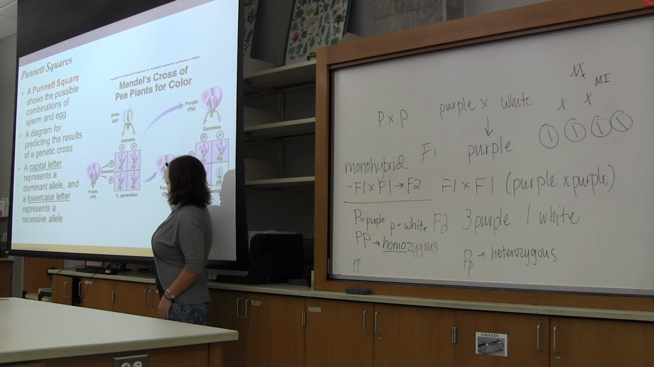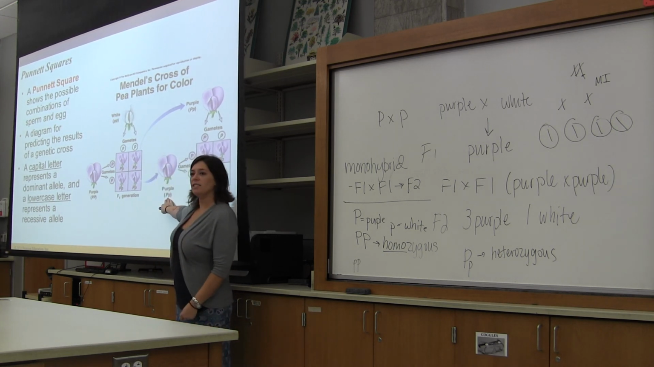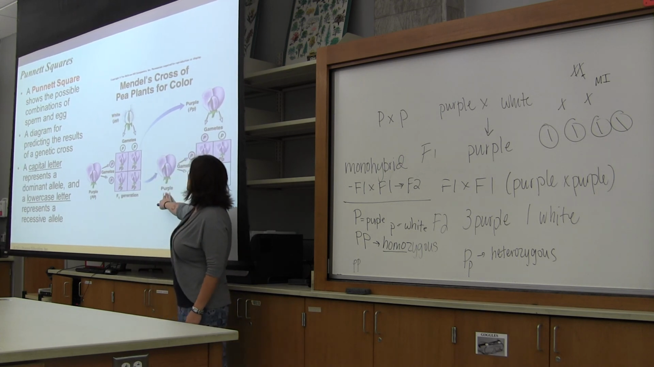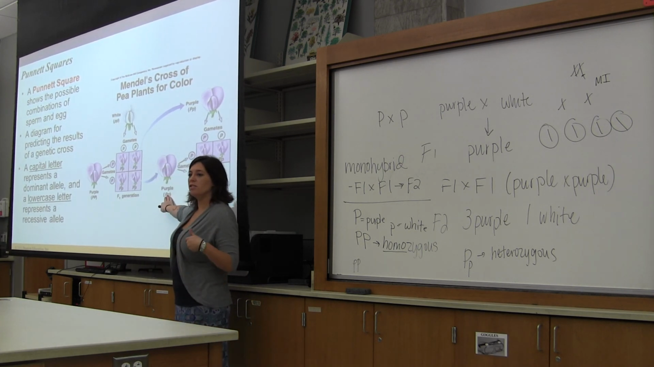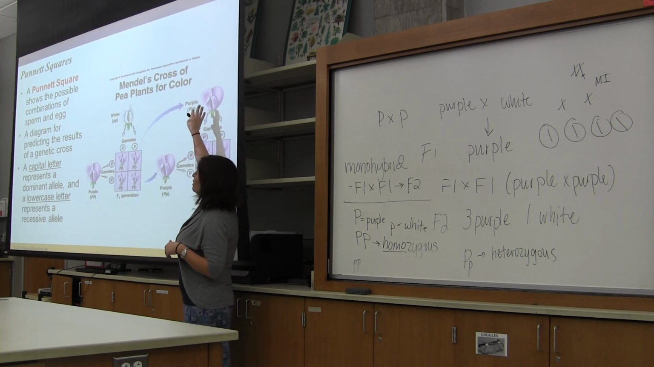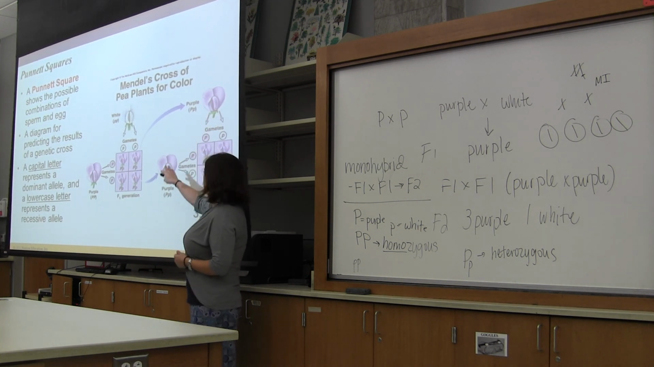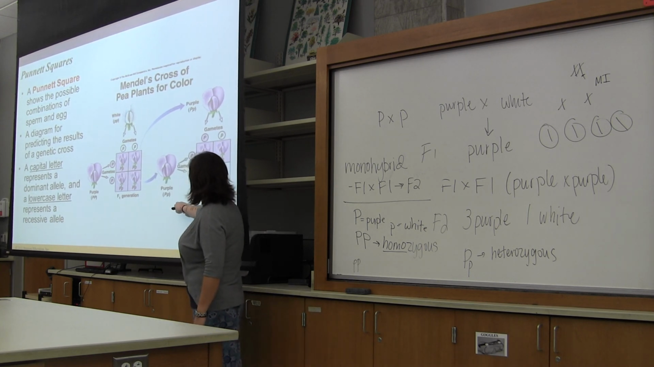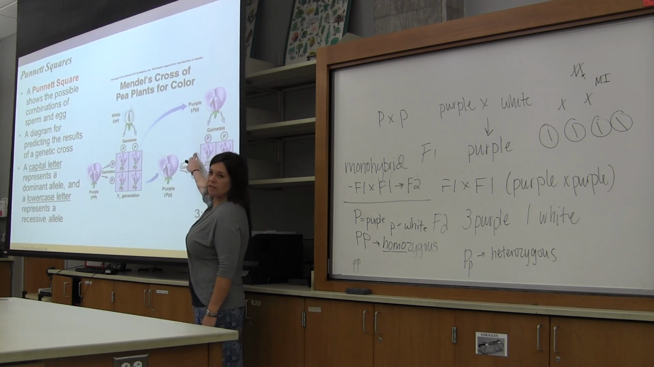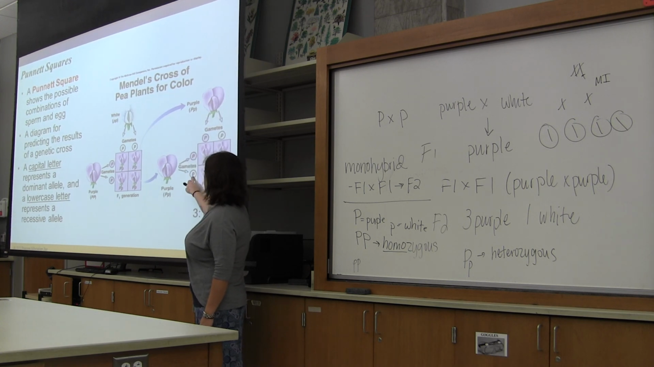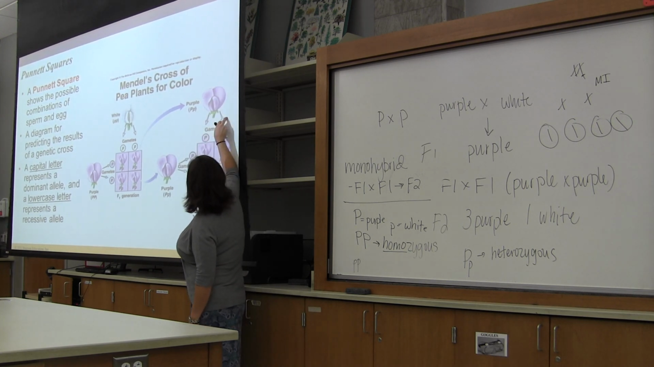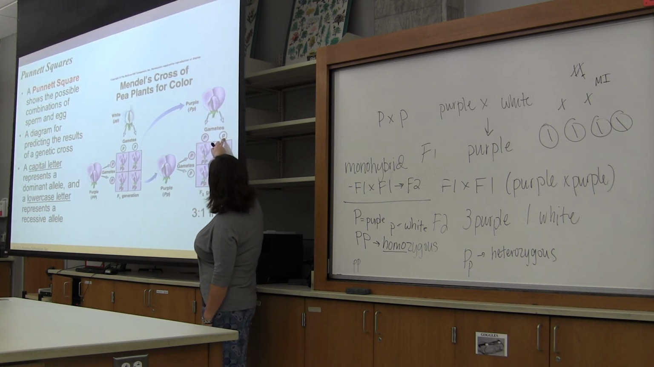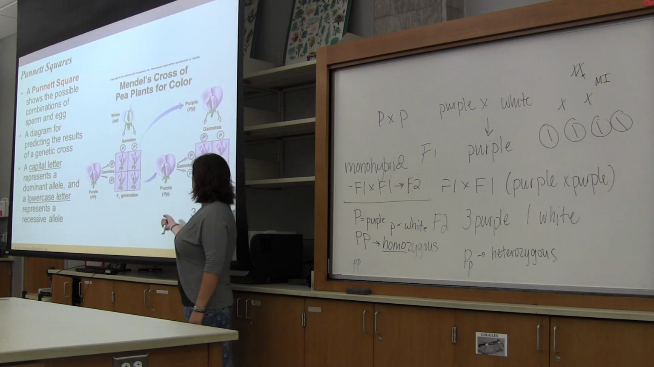Then he took these heterozygous F1s that were a result of this first cross, and he crossed them to one another. In other words, a heterozygous purple times a heterozygous purple. When you look at the way that the alleles segregate during meiosis, you can either have a big P gamete or a little p gamete. Same thing for this guy. You can have a capital P, a dominant allele here, and then the recessive allele here. So all you do is you look at the